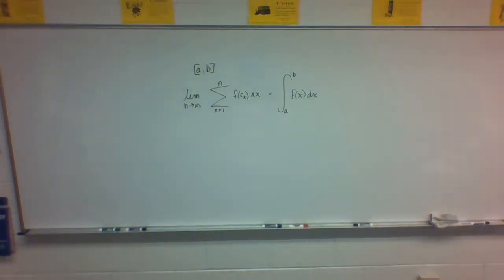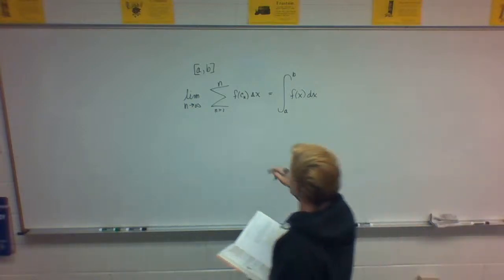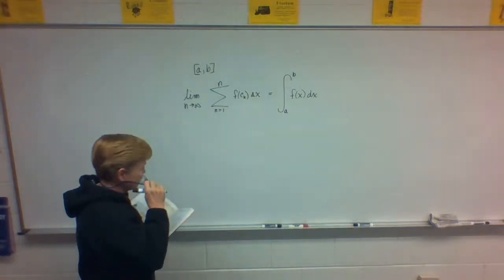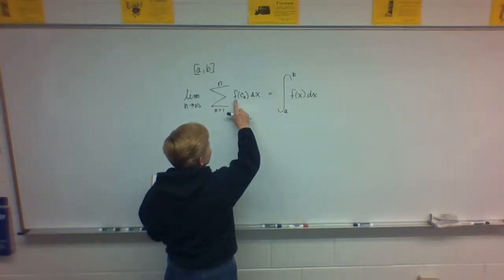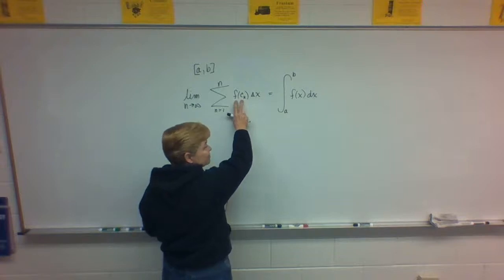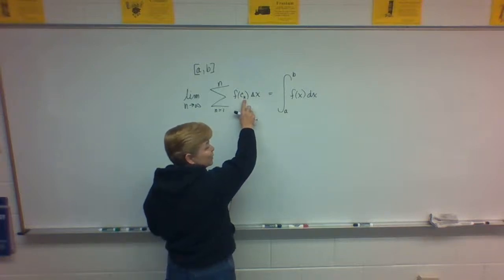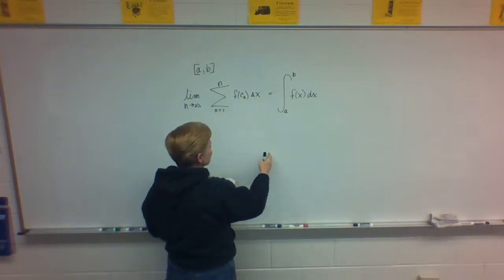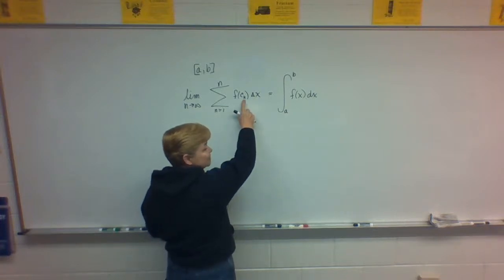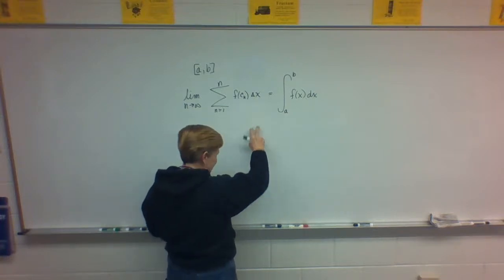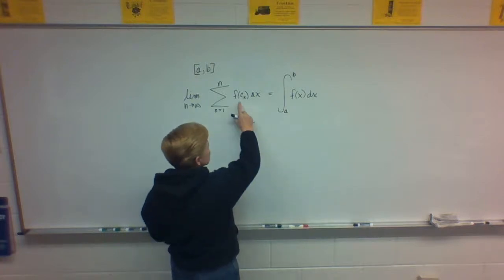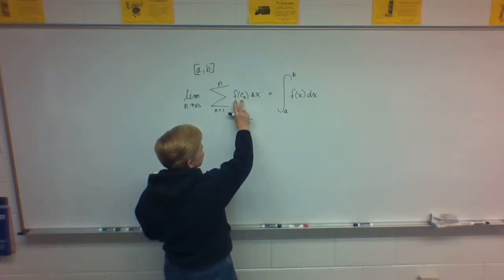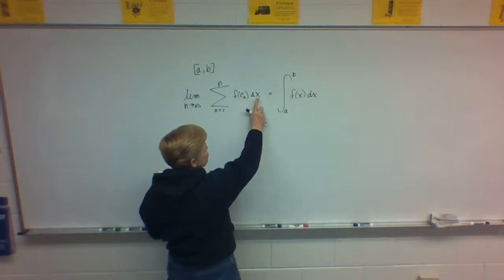Okay, so I'm going to read this stuff and point to important information up here. First of all, before I begin, this right here means the height of a rectangle that's located at the kth location on the x-axis. This is the height of a rectangle, in any arbitrary rectangle, located at the k part out there. So this is the height evaluated at this x value, and this is the width of the